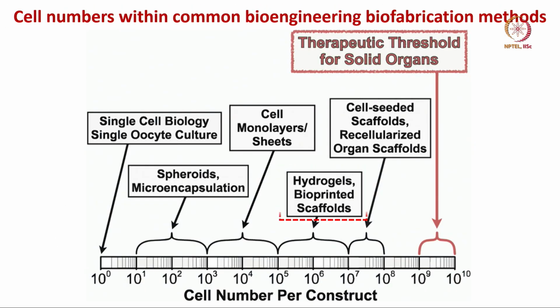So what are the other challenges? What are the cell numbers per construct that you can print? In the last slide, what you learned is that volumetric printing